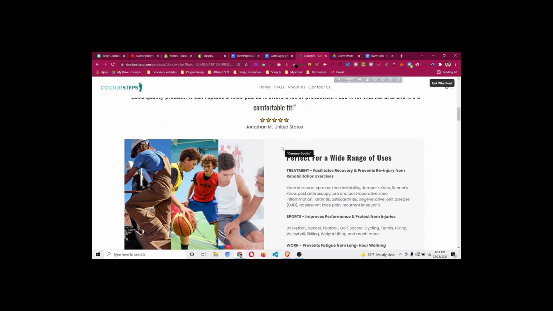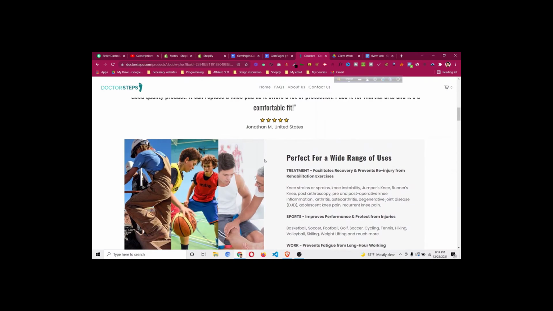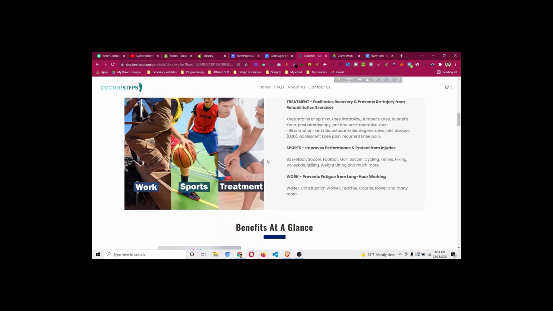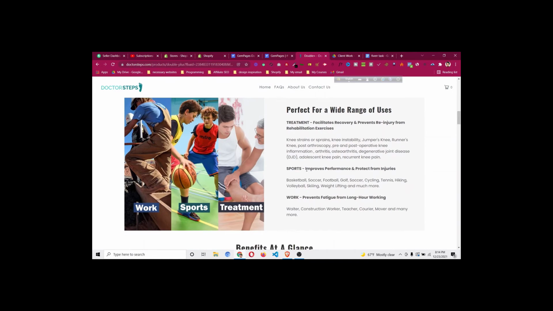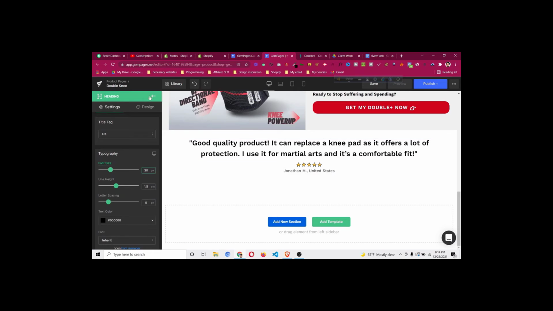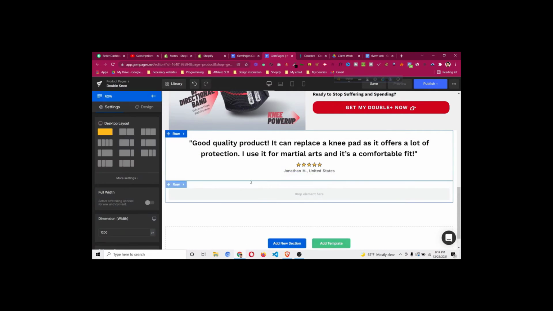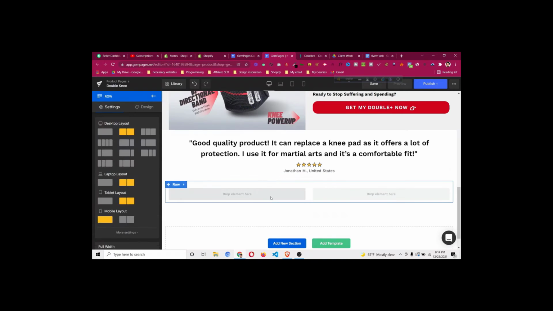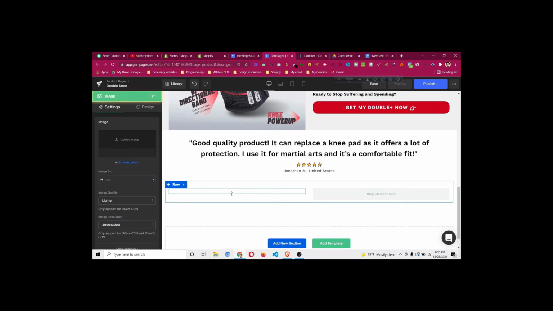So now comes an important point. Here is another new section which is divided into two parts. In the left we have a text, in the right we have text as well. So for this we need two columns. Come to this, click on this arrow, then take a row below this one, make it two columns, and then in the left side there will be an image. So then drag the image,